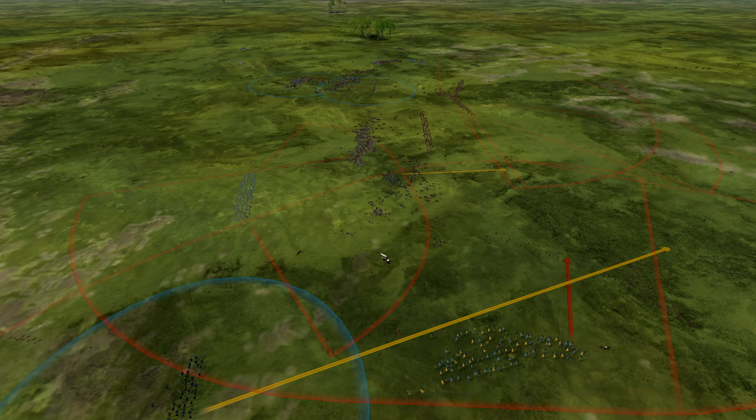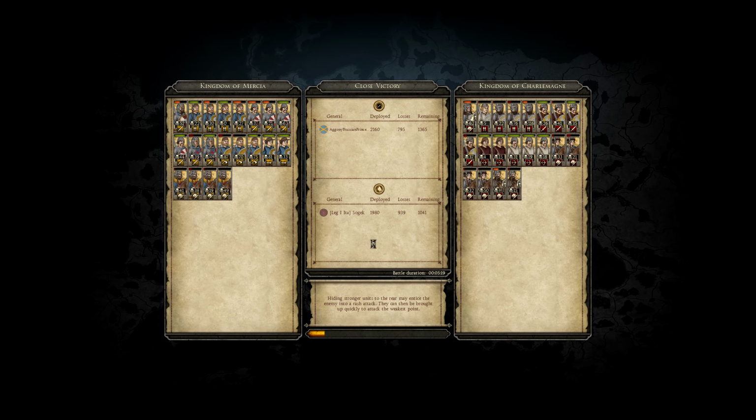But this is the point where Sogek concedes defeat, I believe. So yeah, he was at a disadvantage there because he basically lost most, if not all, of his cavalry. I did too, but yeah, I had the advantage. But not quite sure why he GG'd so quickly though. But anyway,